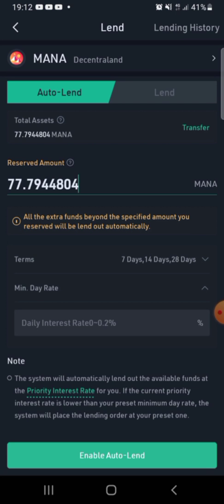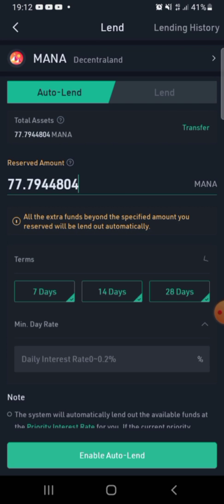So all we need to do now is decide for how long we want to lend this out. As for me, I'm a hodling type of guy. If you want to be quick in, quick out, you could choose 7 days, and leave the 2 other options, the 14 and the 28, unchecked. Or you could check the 14 days if you want, or 14 and 28, or all three like me, because